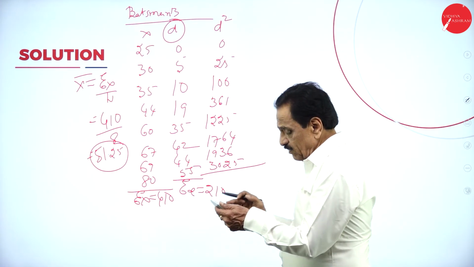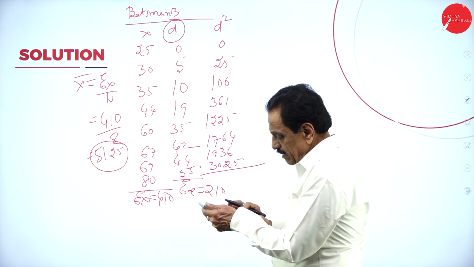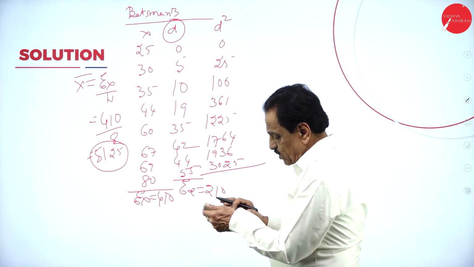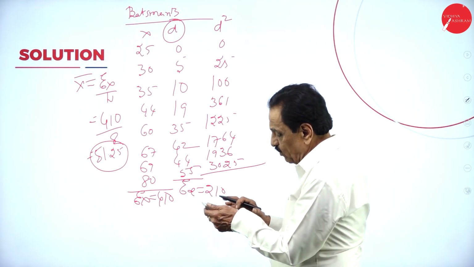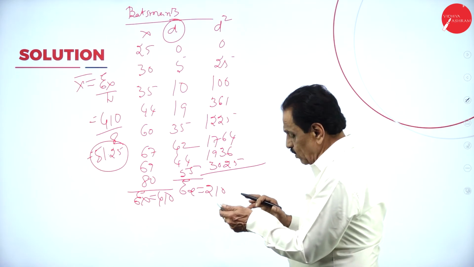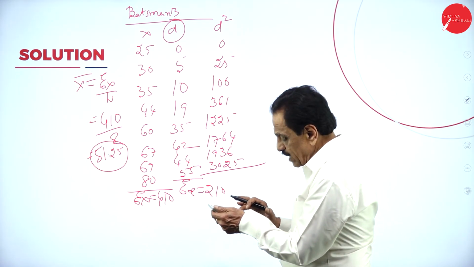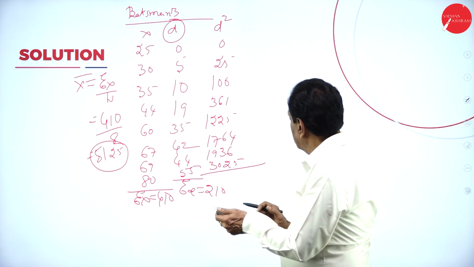This is 25 plus 100 plus 361 plus 1225 plus 1764 plus 19319. This is